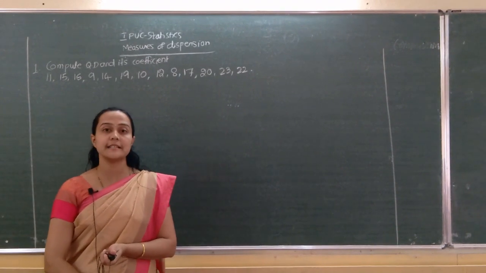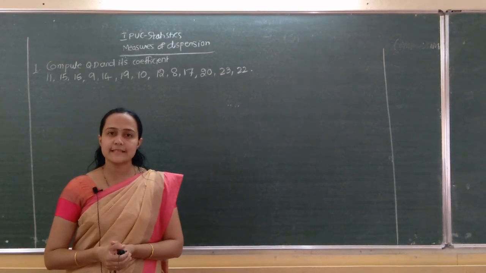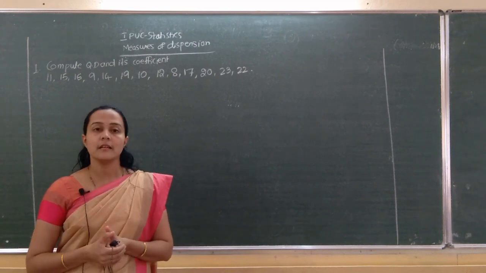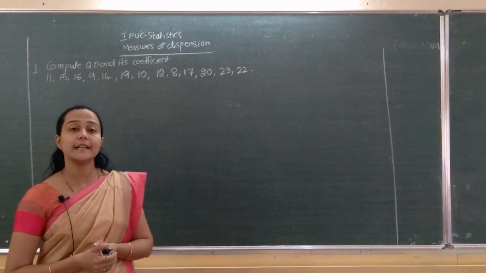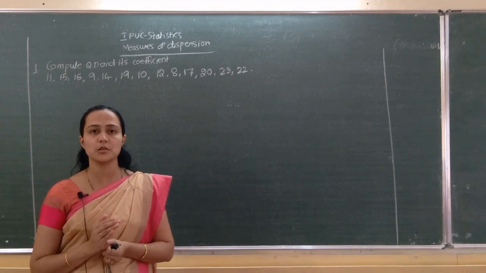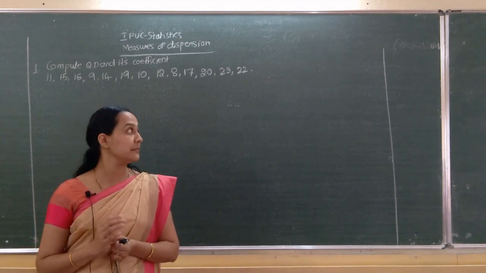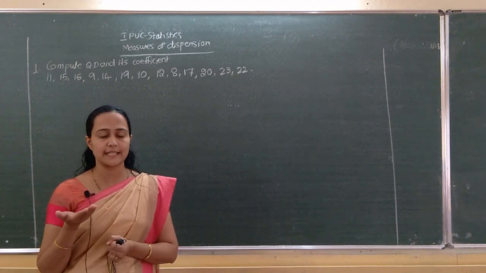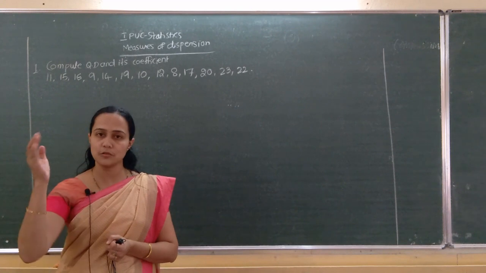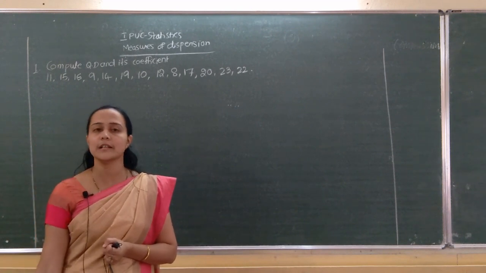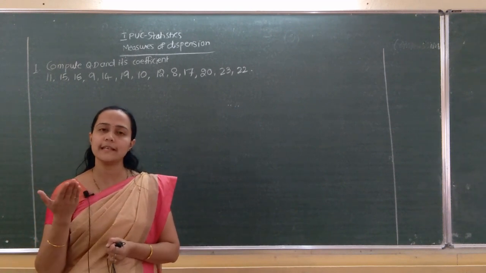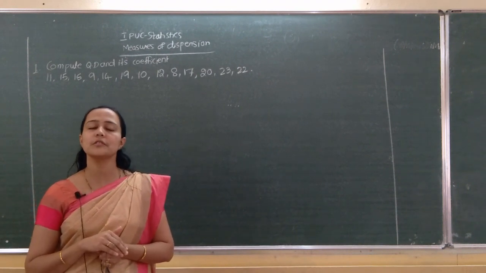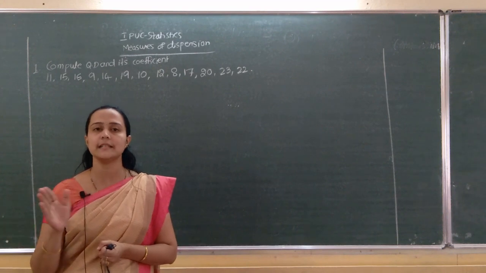Namaste students. In the last class we were discussing quartile deviation and coefficient of quartile deviation. Quartile deviation means a deviation based on quartiles, isn't it? It is also called the semi interquartile range. Here we consider only the upper quartile and lower quartile. The QD formula is Q3 minus Q1 divided by 2, and the coefficient of QD is Q3 minus Q1 divided by